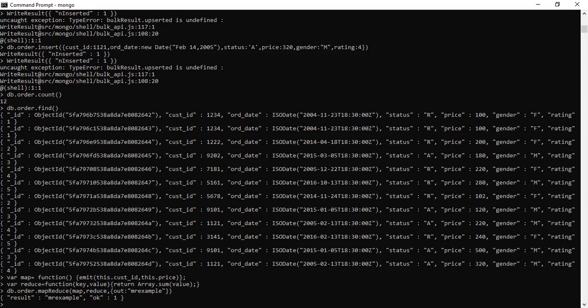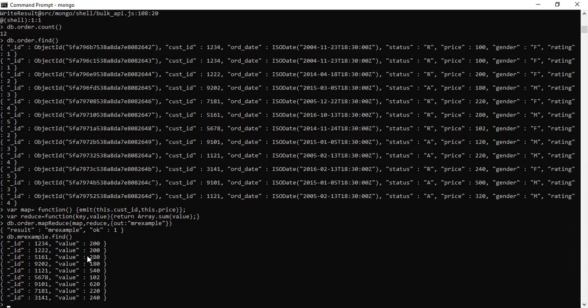So the result goes to mr example. What is the meaning of that? That result will be created under mr example. That is the basic functionality created. So we will check our answer. In mr example our answer is ready, and it will be created under mr example. So all of you check out what we have done.